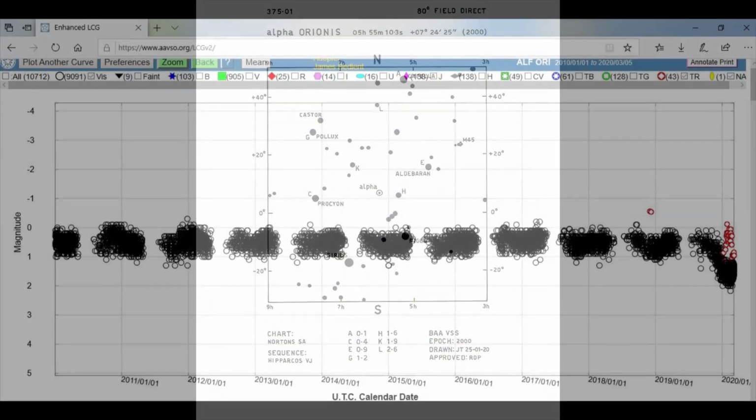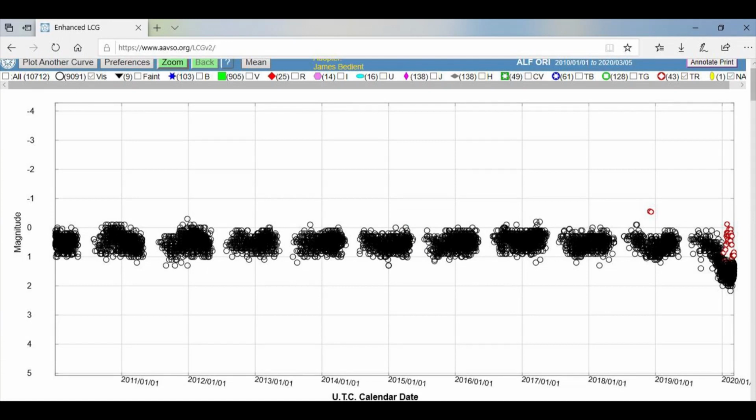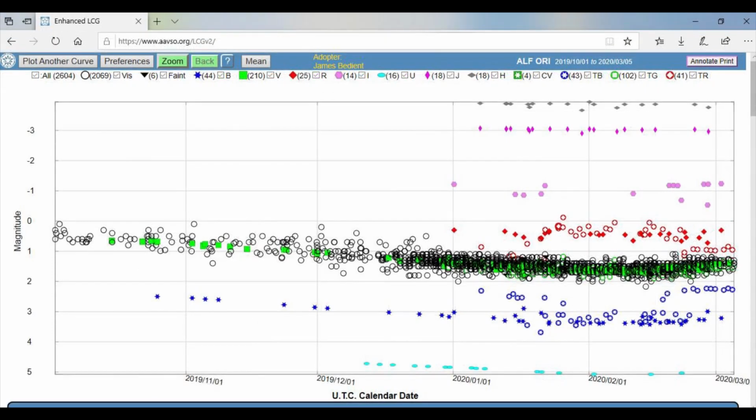So I had a look online at the AAVSO website, and you can see this rather blobby looking chart here, which shows quite a lot of variation within the year, quite a lot of scatter, personal error as well. And basically these blobs come at yearly intervals. There's a little gap, a seasonal gap, when it can't be observed because it's too close to the Sun. And we can see here, at the end of 2019, a considerable dip down towards magnitude 2, but probably not reaching magnitude 2. Here we can see the data spread out more. You can see a considerable amount of scatter and other forms of recording other than visual shown there.